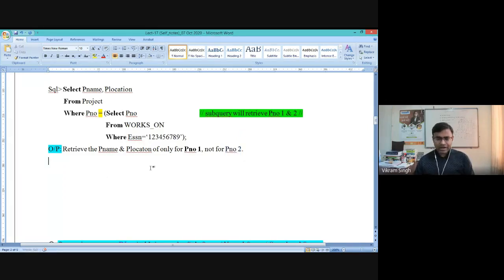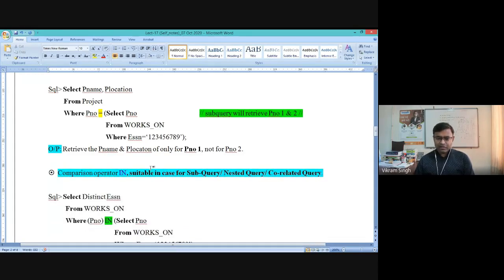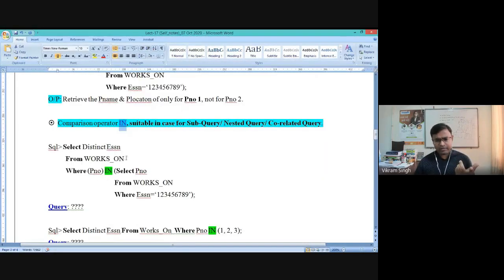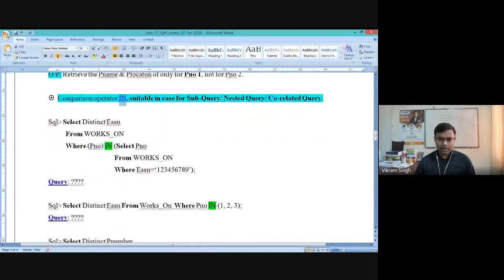So to resolve this, what does the thumb rule say? The thumb rule says whenever you are writing a nested query, subquery, or correlated query, you should be using the in operator, right? So instead of using equal to, you should be using the in operator. Now the same query will work perfectly. So we will write it like this: instead of equal to, we write the in operator, so it will be select ESSN from works on, like this. Okay, so this is the second query actually. So now that we are using in, the problem with the previous query is resolved.